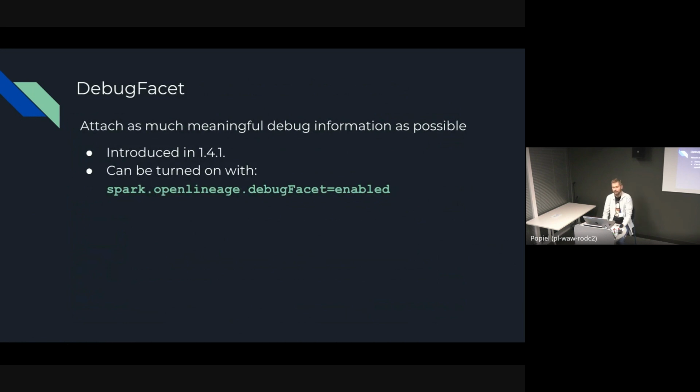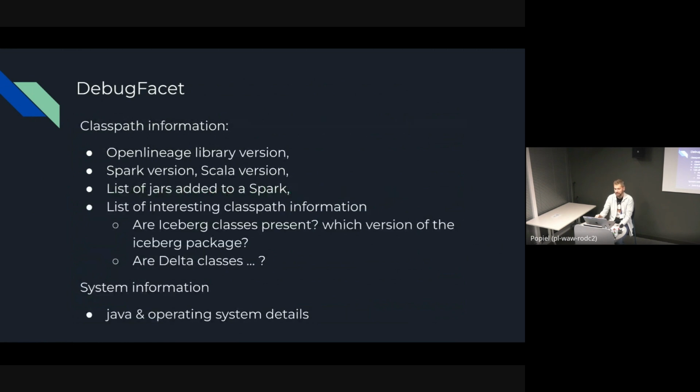Then, in OpenLineage 1.4.1, we introduced a debug facet. The purpose behind this was we wanted to let people enable just a debug facet that will contain as much useful and meaningful information as possible. Once you enable it, the facet includes some class path information. What is the OpenLineage library version? What Spark version do you have? What Scala version are you running on? What's the list of jars added to Spark? Some extra custom information on class path